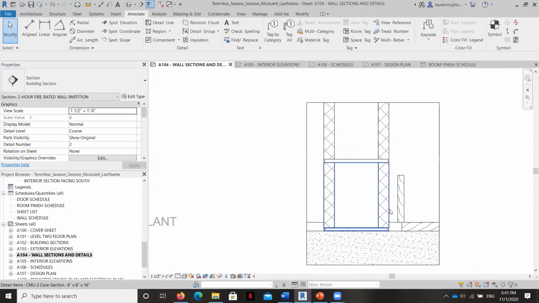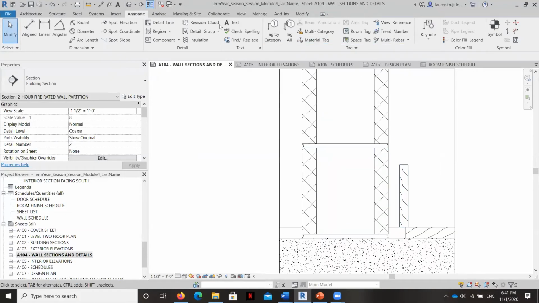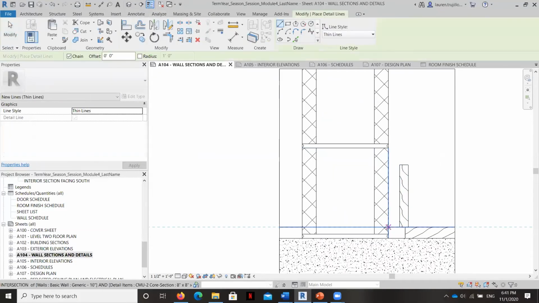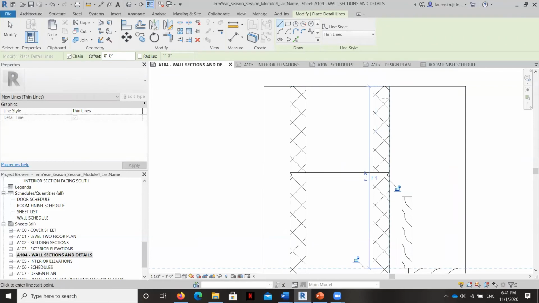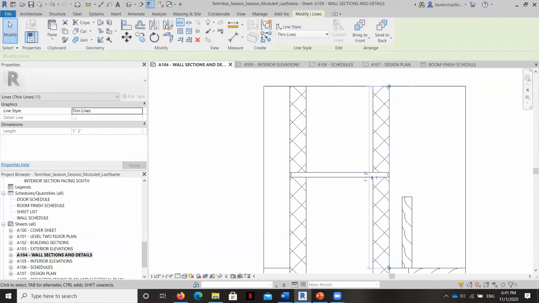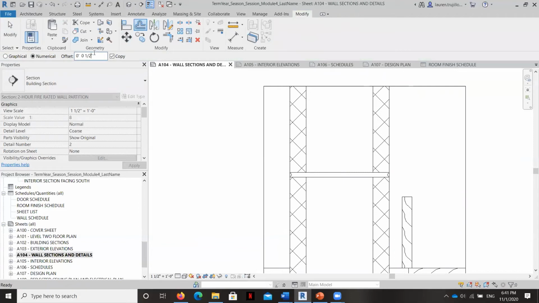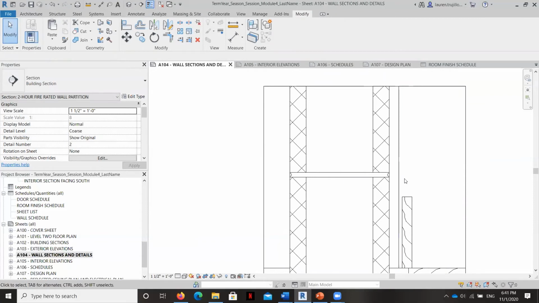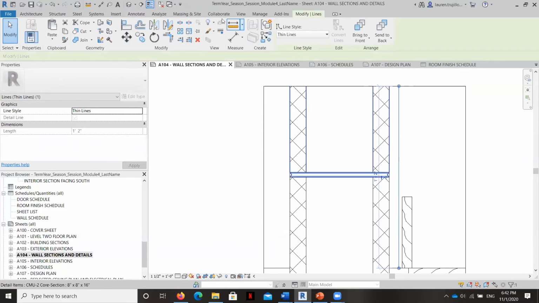And so we're going to draw a little section view. So we're going to have one right here, and then we're going to have another one 16 inches on center. So we'll see if we've got room to show both. What I'm going to do is draw a detail line here so that I can offset it. And you'll learn how to do all of these details in your construction documents class, and also it's a big part of your professional practice getting to learn all these things. So if you're not totally aware of how this stuff is built right now, that's okay. Don't worry about it, but you'll get this information as you progress through your career.